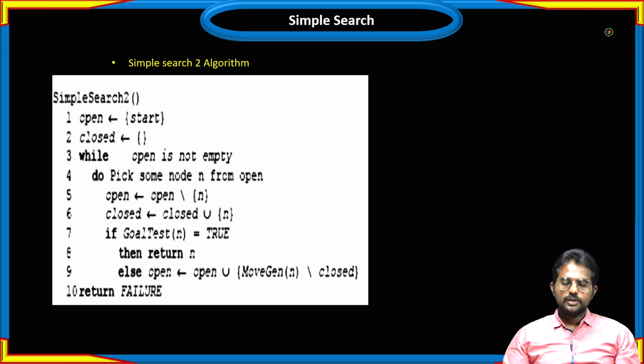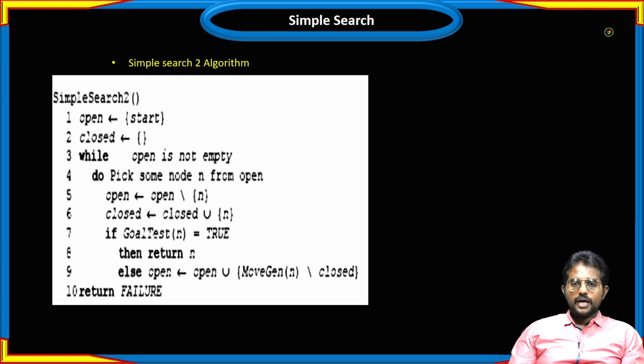Next, the while condition. This while will be executed based on the condition that open is not empty, that is, until open is empty, this while loop will be executed. After that, I will pick an element from the open. After picking the node n, that particular node n will first be deleted from the open and added to the closed data structure. Next, the goal test condition will be applied on node n, and if it is true, then we will return n. If it is not true, then